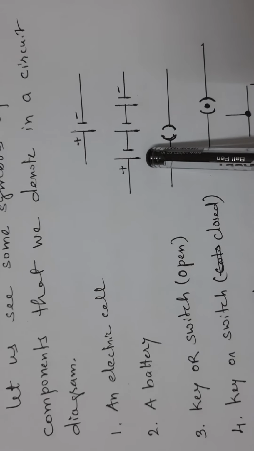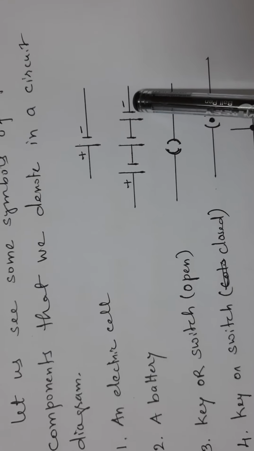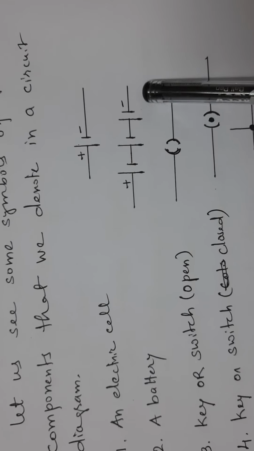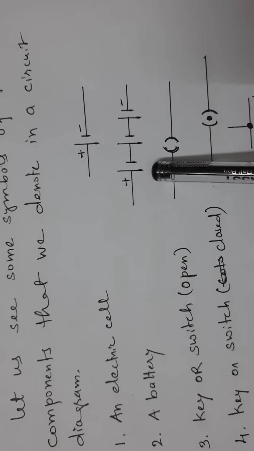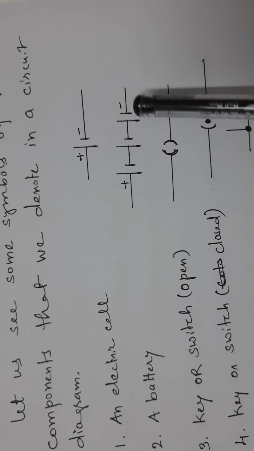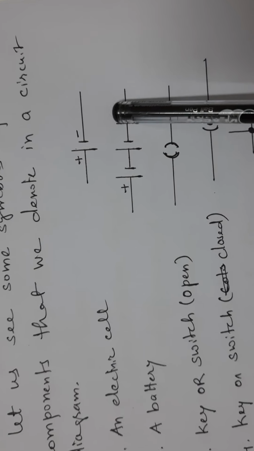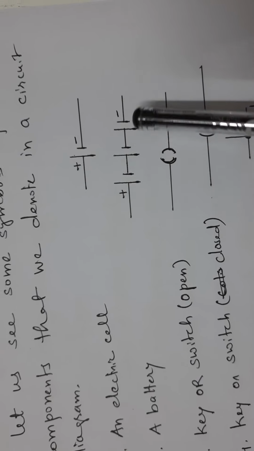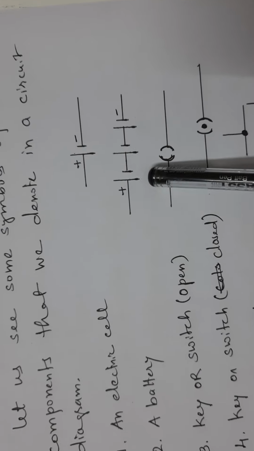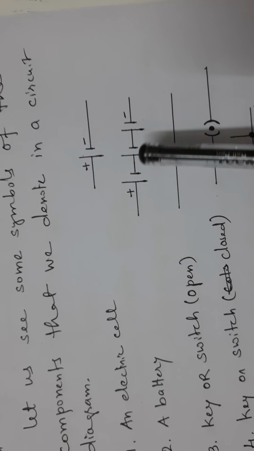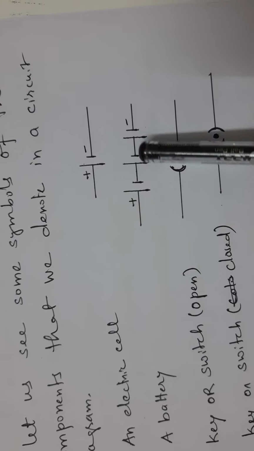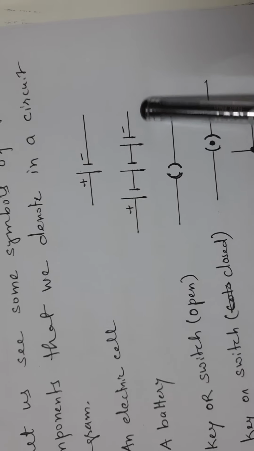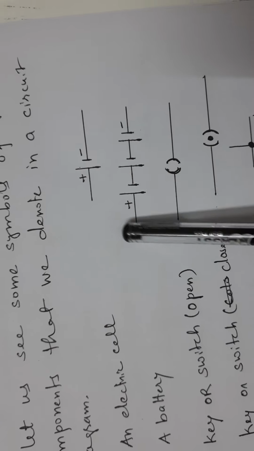So here I have shown a battery, it is more than one cell. And remember, while you are drawing a battery, one terminal will be shown positive, the last ending terminal will be shown negative. If both are bigger lines, the battery drawn is wrong. So if this is bigger, the last one should be smaller. So positive, negative, positive, negative, positive, negative. This is the symbol of a battery.